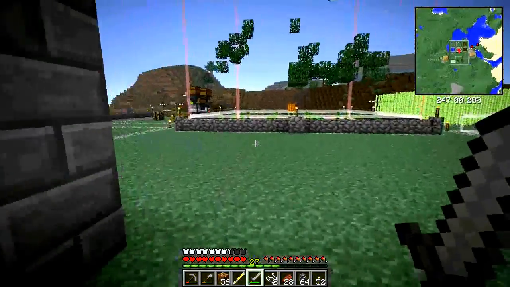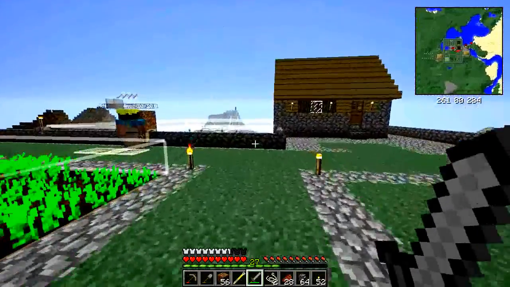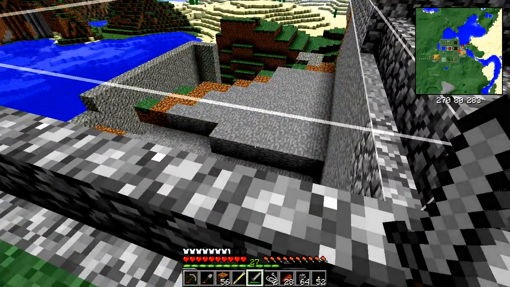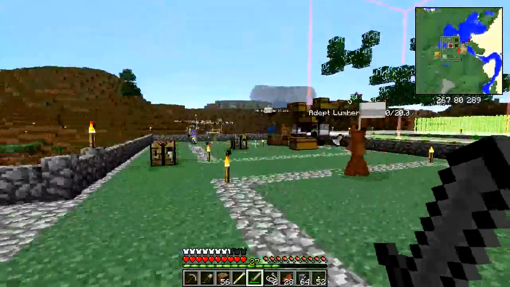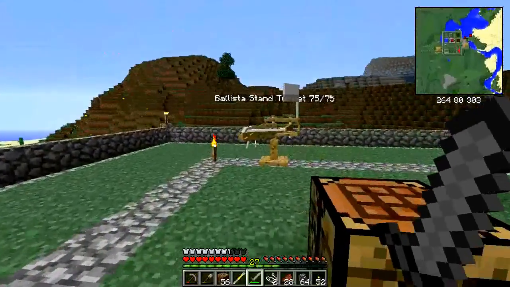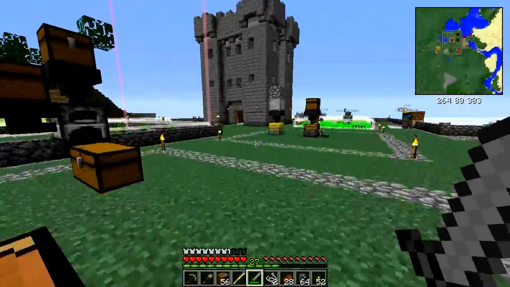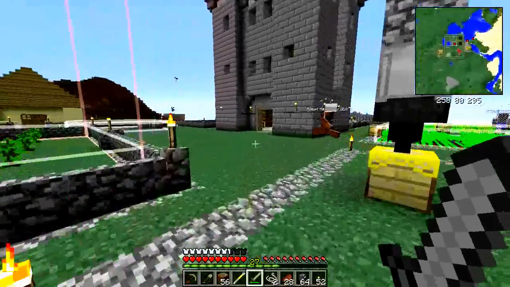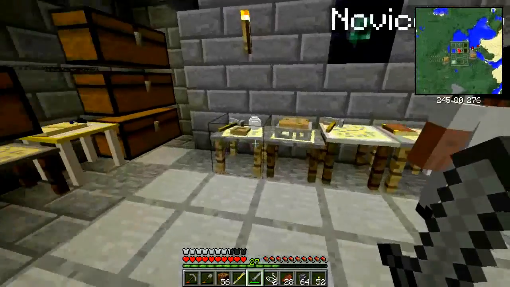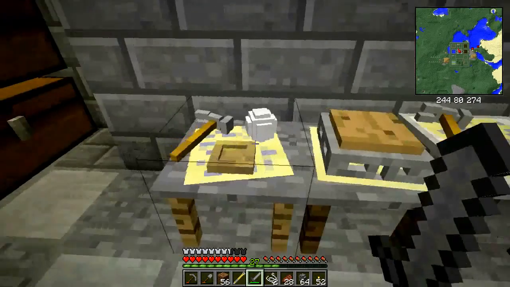Okay, so we got that going. What else do we need to do? Right now I'm kind of waiting for these guys to clear this out, because I need the resources and all that. So while the research is going on and the resources are being gathered, let's go ahead and I'm going to start building some more of the siege engines and maybe some ammunition, see what we need. I know that when we're building ammo, let me grab this out of here,